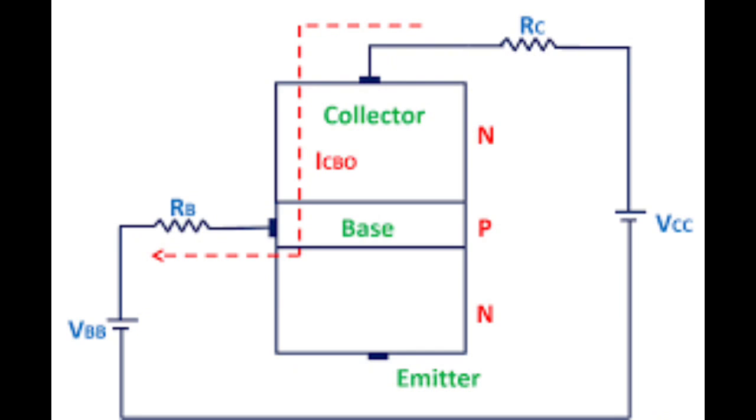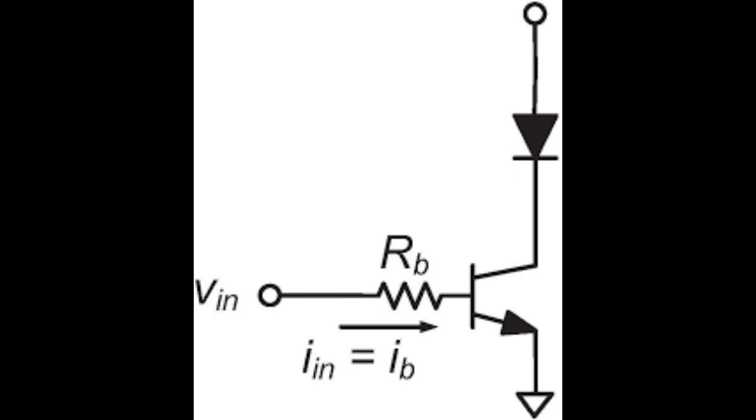In a PNP transistor, the current flows from the emitter to the collector. Holes move from the emitter to the collector, so conventional current aligns with this direction. In biasing conditions, for an NPN transistor to operate in the active region, for amplification, the base-emitter junction must